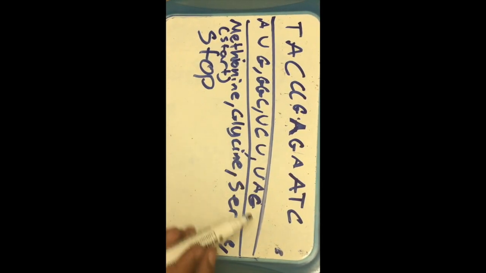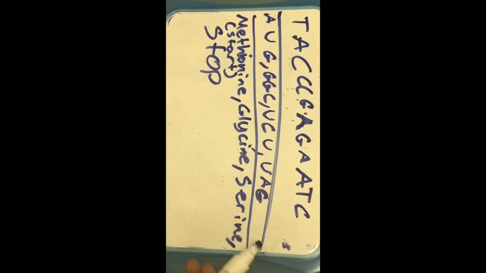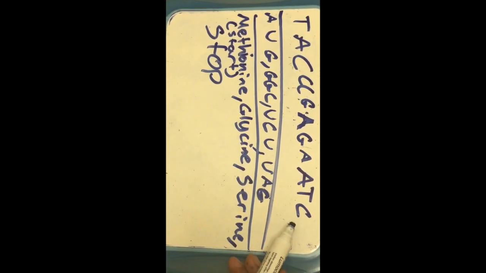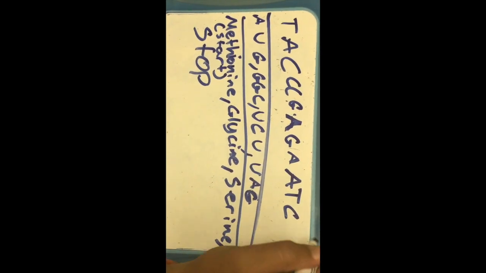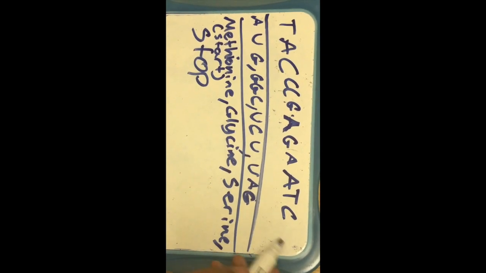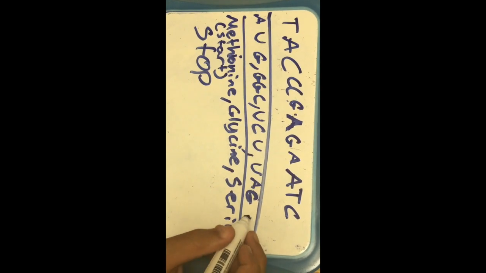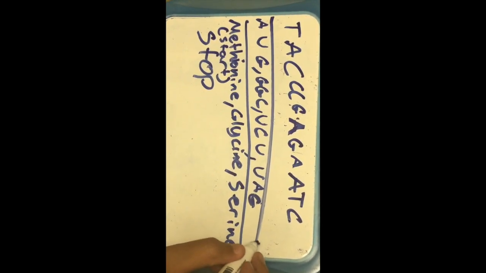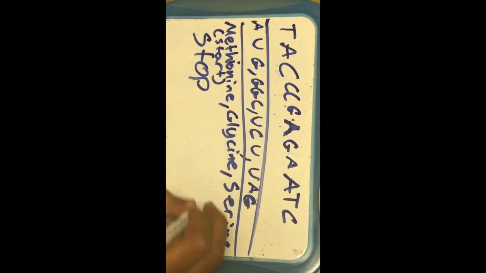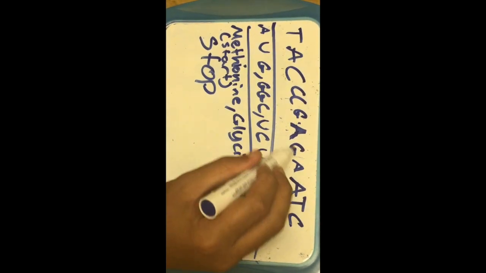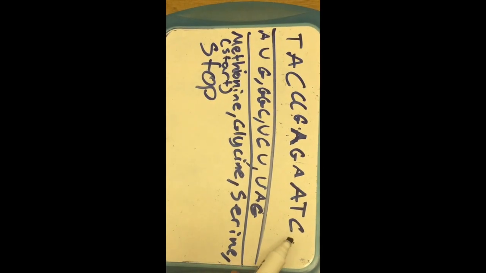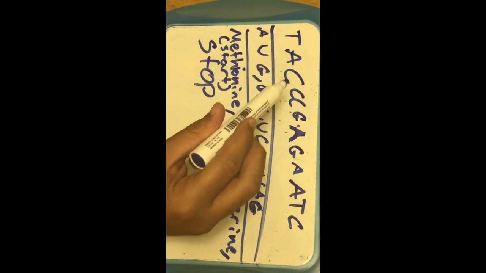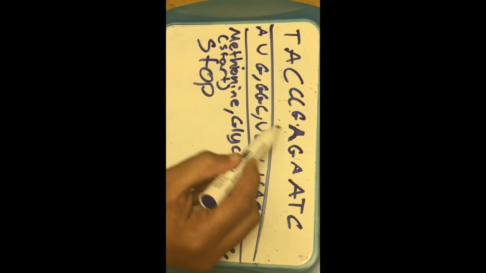Now to move on to how DNA makes protein, I'm first gonna talk about transcription and translation. So here there's the original DNA strand, and then this is the messenger RNA, and then here we have the amino acids. So with the original DNA strand, we have this sequence of the nitrogen bases, and then we transcribe